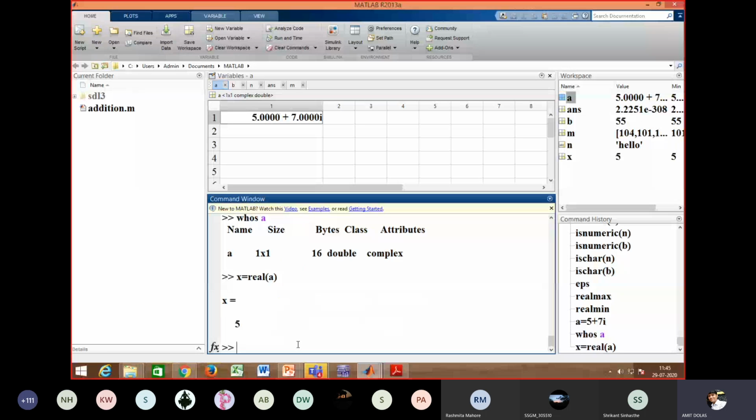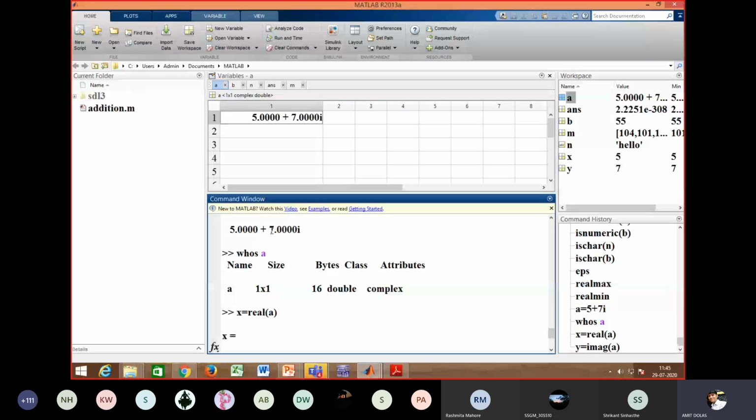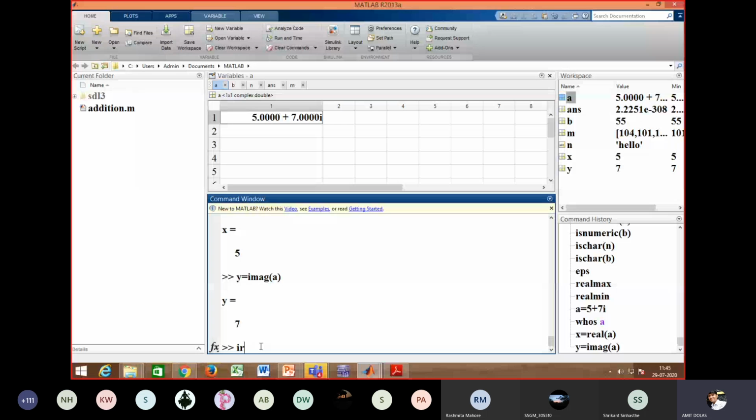It will provide you the real part of the complex number a. Then I'll say y is equal to imag of a, I think, yes. So it will provide you the imaginary part. And I will say isreal.